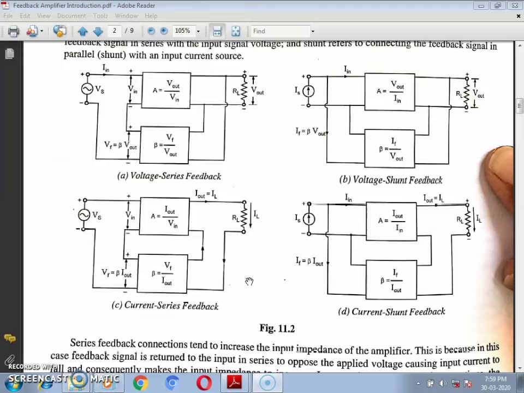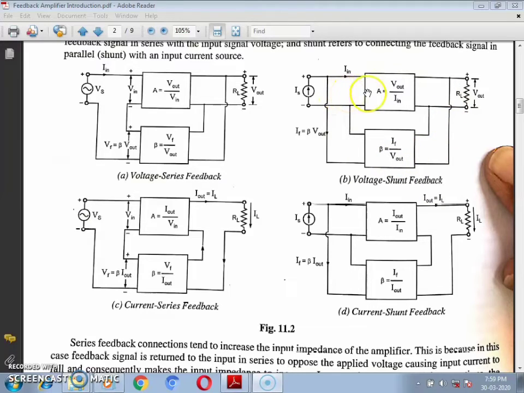First one, voltage series feedback, where voltage is taken from the output in parallel, and it is given to the input in series, so it's a voltage series feedback. Next, voltage shunt feedback, where output is taken and it is connected parallel to the input,